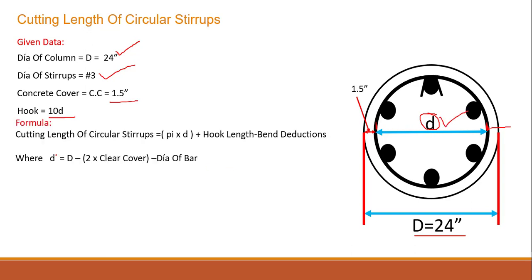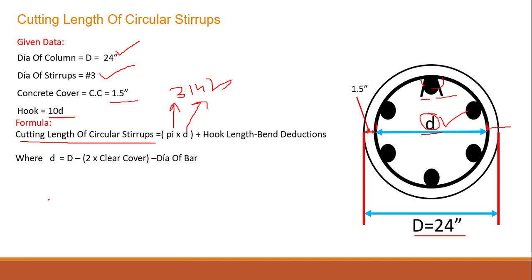Okay, so let's see the formula over here. Basically the cutting length of a circular stirrup formula is pi into D. Okay, this is basically the internal dia. I have already explained how we can find out this internal dia. Pi is basically 3.142 if you know the value, multiplied by this D, plus hook length. We have two hooks over here, this one and this one,